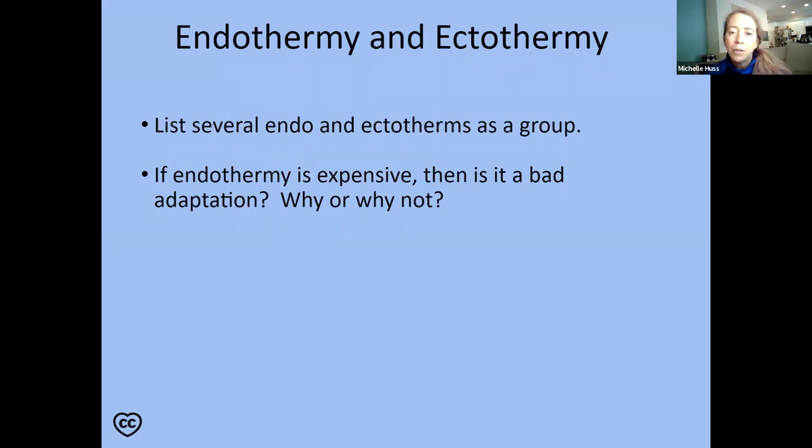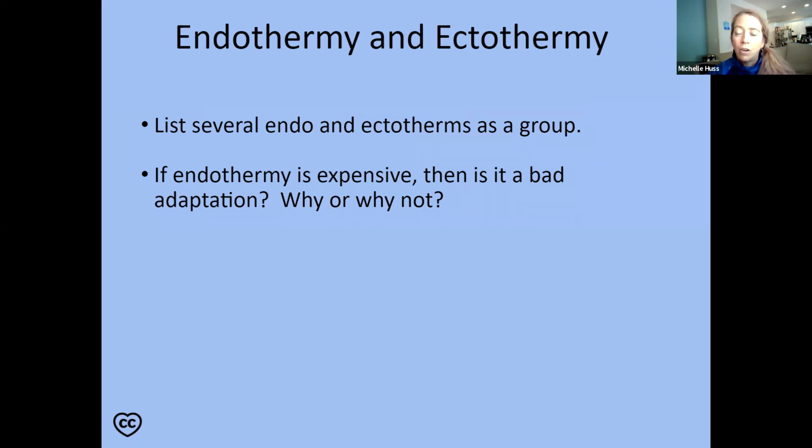So we're going to talk about endo and ectotherms. Endothermy, ectothermy. So you and I are endotherms. We are warm-blooded, but we're going to call them endotherms. That means we regulate our body temperature. We have high caloric needs because we're going to have warm body temperatures, right? So we can live in environments that are pretty cold because we're going to regulate our body temperature. So you see animals that are like us, endotherms, all over the world, okay?